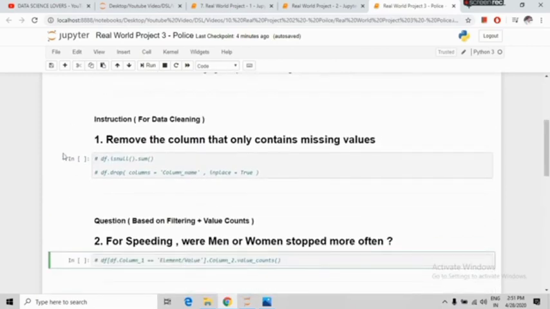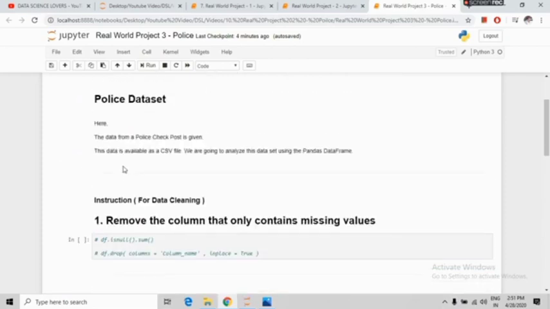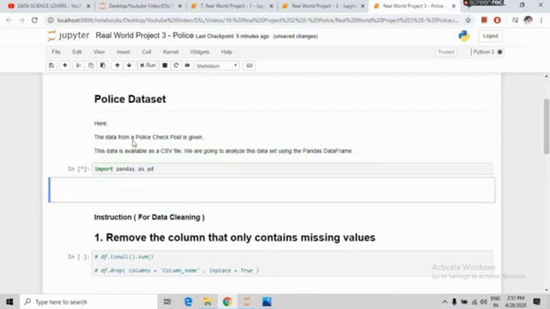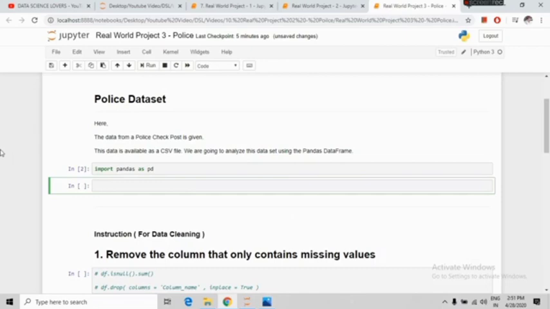Now our first question is related with data cleaning, and it is asking to remove the columns that only contain the missing values. So friends, first of all we will import our data, and before that we will import the pandas library. So this is the syntax to import the pandas library. The library has been installed. Now we will import our data,